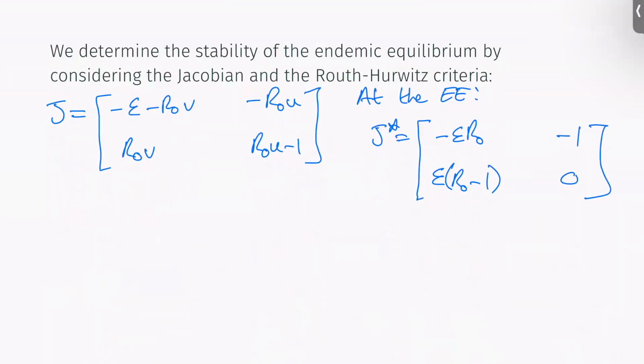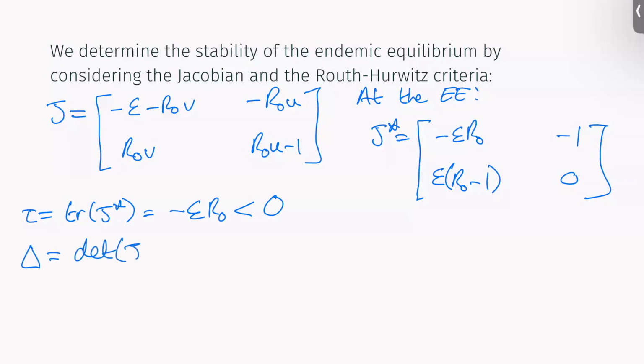So we could find our eigenvalues, but I'm going to use the Routh-Hurwitz criteria. So let's consider our trace, which I'll call tau. The trace of our Jacobian is going to be minus epsilon R naught, which is always going to be less than 0. This is always negative because epsilon and R naught are positive parameters. And our determinant, which I'll call delta, is going to be equal to